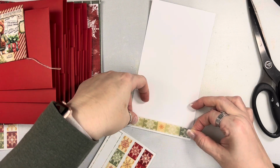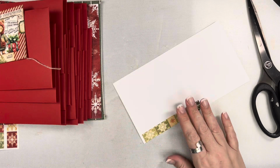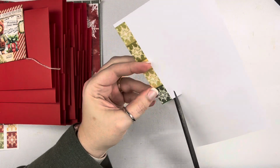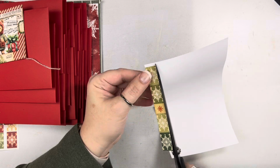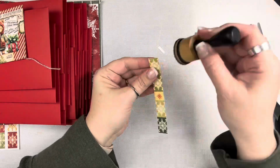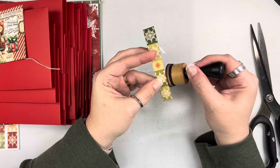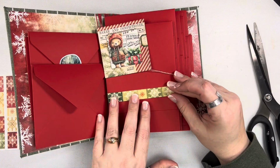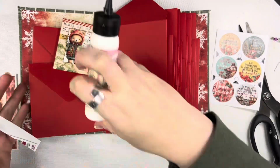So I pulled out these washi stickers that they released this month, which is a little pack of mini stickers of washi. And I love it, but I really wanted to be able to keep the vibrant colors of it. So I'm just applying it to some of the By the Well packaging, just so that I can keep that white, to make sure that all of the colors are true, because my red envelopes would kind of overpower this beautiful washi if I just tried to apply it, and I really wanted it to stay nice and bright. So I am going to apply it down here with some glue just at the very